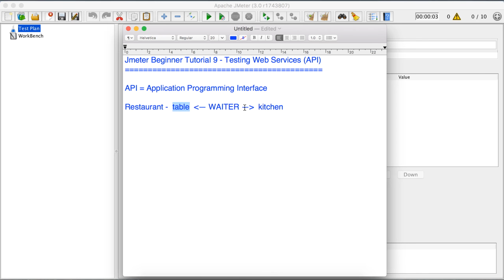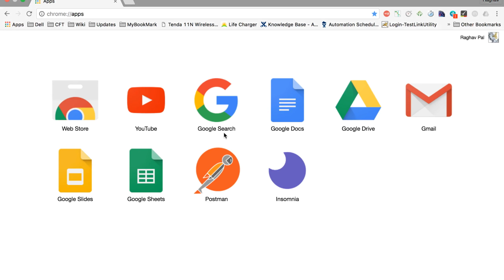So this communication between table and kitchen is done by this person called waiter, and we can say the waiter is doing the role of an API here. To understand it more deeply, or to look at some real-time examples, let us go to some travel website, makemytrip.com.